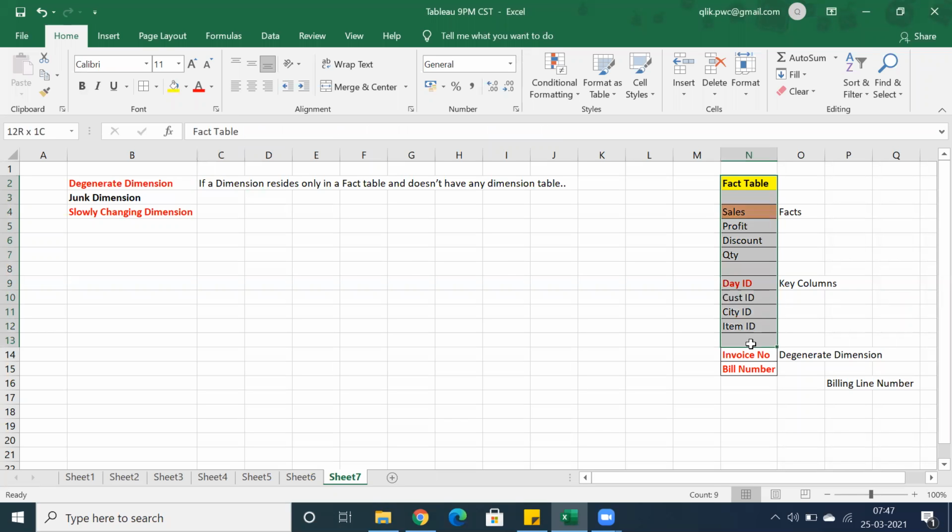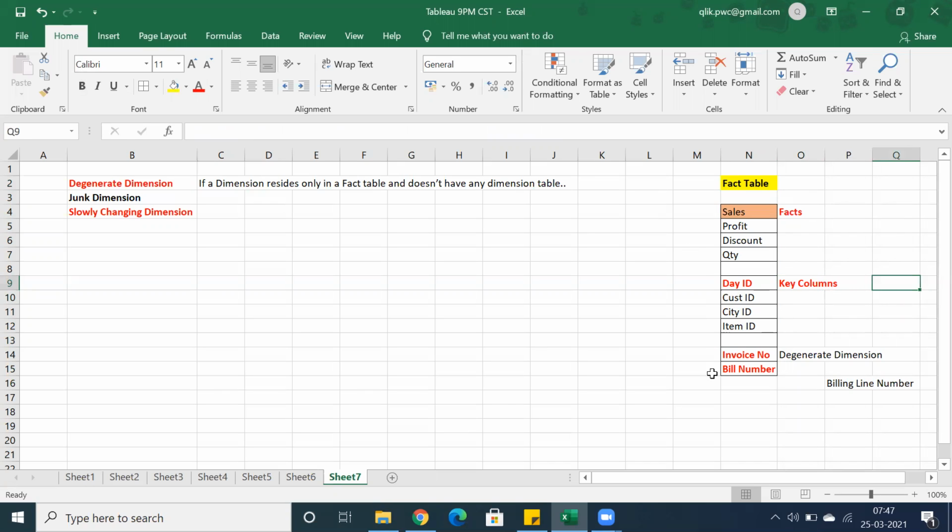In the fact table, till now we learned that we have facts and we have key columns, both facts and key columns. Key columns are nothing but foreign keys.